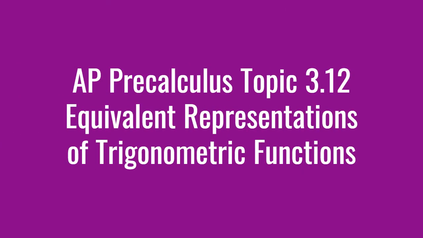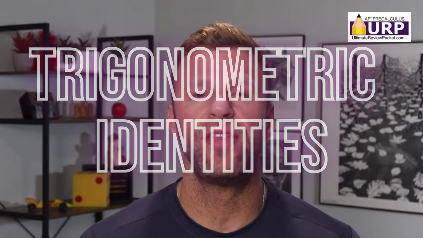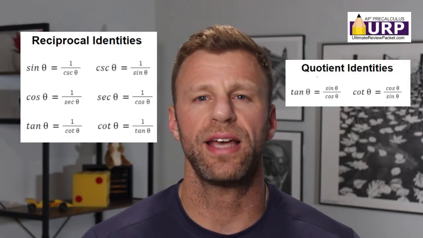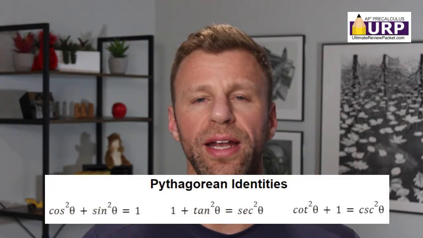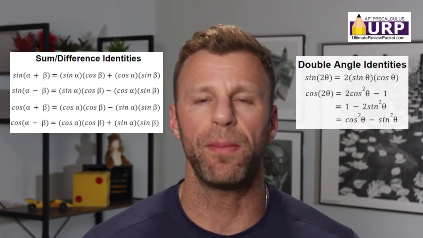In this video, we're going to tackle topic 3.12 on equivalent representations of trigonometric functions. Now, the primary focus of this topic is on the trigonometric identities, and there are a lot of them that you need to be able to use and understand. There are several different sets of trigonometric identities that you need to be able to know. There are the reciprocal identities, the quotient identities, the Pythagorean identities, the sum and difference formulas, and the double angle